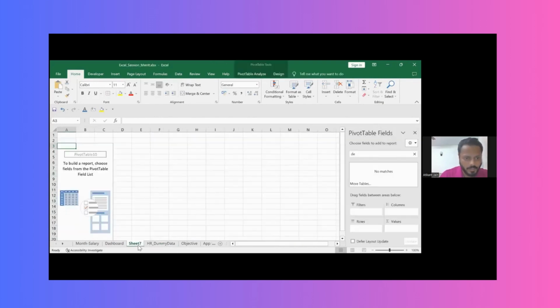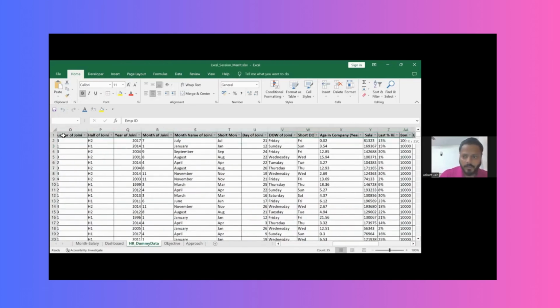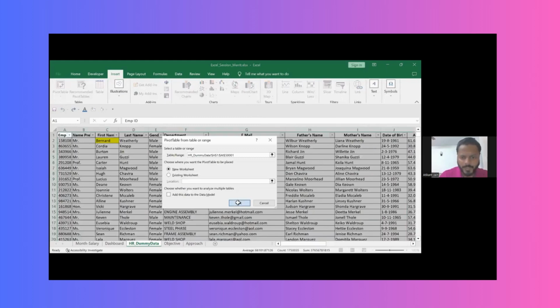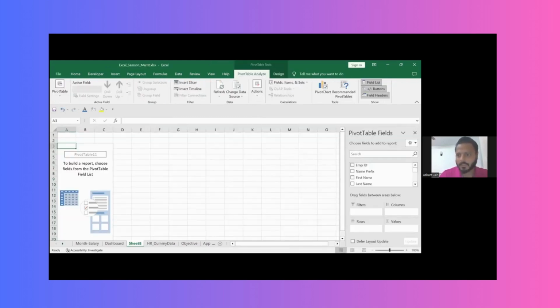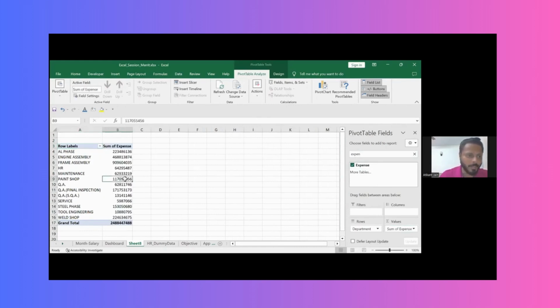Okay, I'll just delete this chart because I selected the wrong data. From here, go to insert pivot table and click OK. Right now, I have to select department in the rows. I want department-wise expenses. So all I need to do is the same exercise as for the previous chart. Now I have department-wise